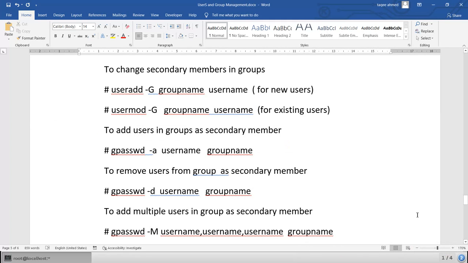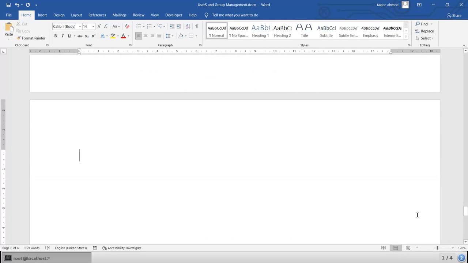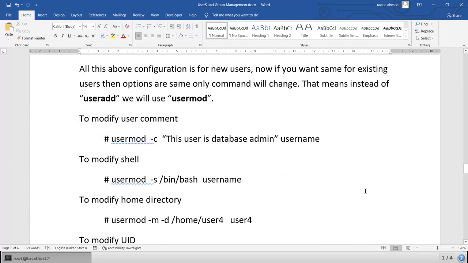Now the next thing is what about password? Password management. Password management means changing the password. We know the command to change the password: it is passwd. We use passwd to change the passwords, but the other information which we have about the password, that means if you remember the file,